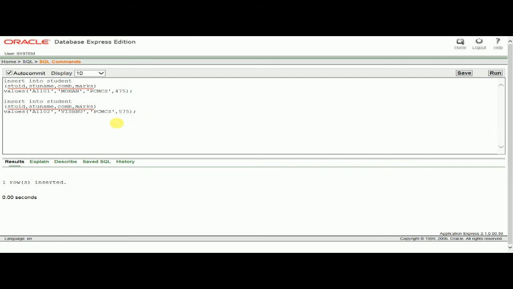Now I want to give one more, a third record. Just I'll paste, Control V, same thing. I'll change the values here. I'll change the ID to 3. I'll type the name as something. Next I'll put the combination as CBA. And next I'll put 500.